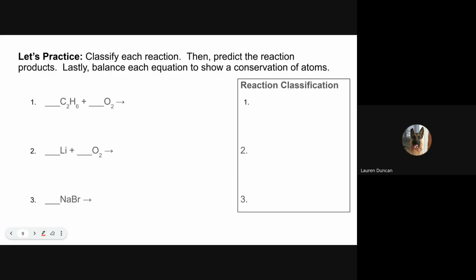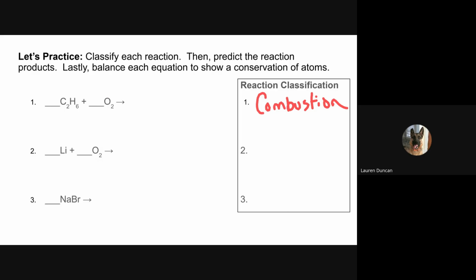We've got C2H6. Ooh, that's a hydrocarbon, a combination of carbon and hydrogen only. And it's reacting with oxygen. Hydrocarbons are great fuel sources. They burn or combust easily in the presence of oxygen. So I'm going to go ahead and call reaction number one a combustion. And how I know is I see a hydrocarbon, pure carbon and pure hydrogen bonded together, and I see oxygen